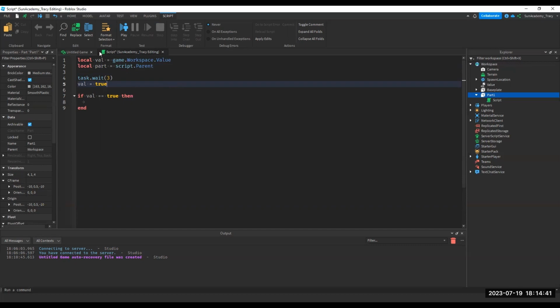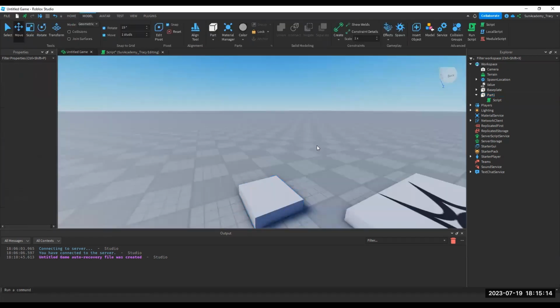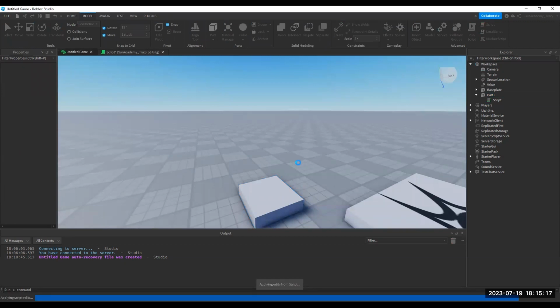Okay, so now we'll change the part's transparency. So let's start off with part.Transparency, or you can choose reflectance, or any property of the part, right? For transparency, since this uses a number value, we'll do Transparency equals. We can't go over 1 because 1 means it's completely invisible. So let's go with 0.5. So that's for transparency and reflectance. So if we press F8 to run the game,